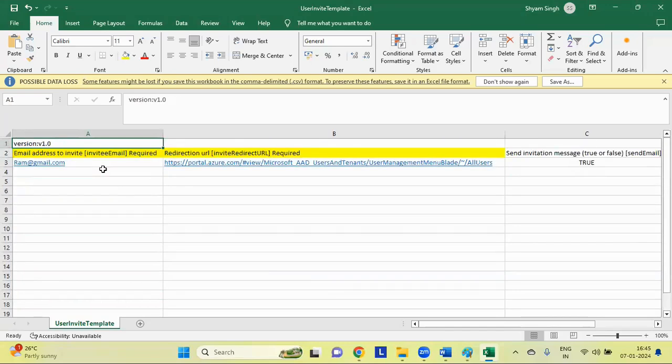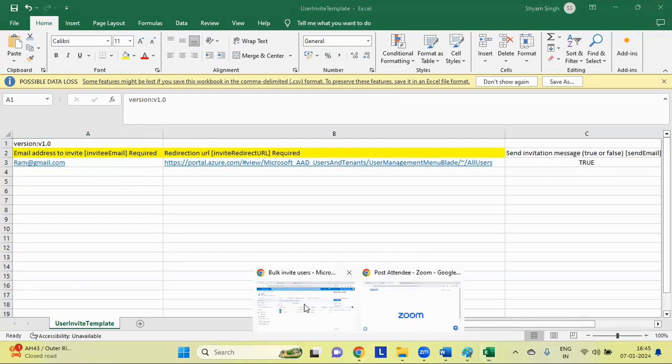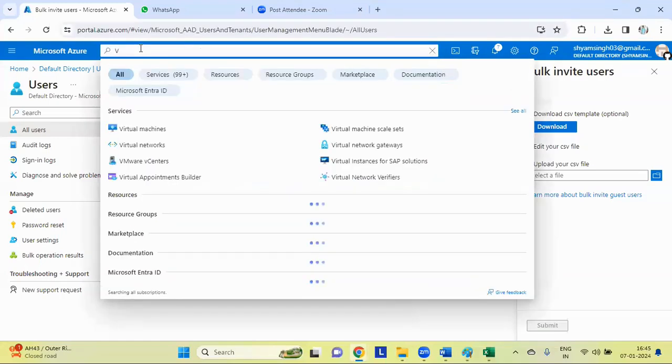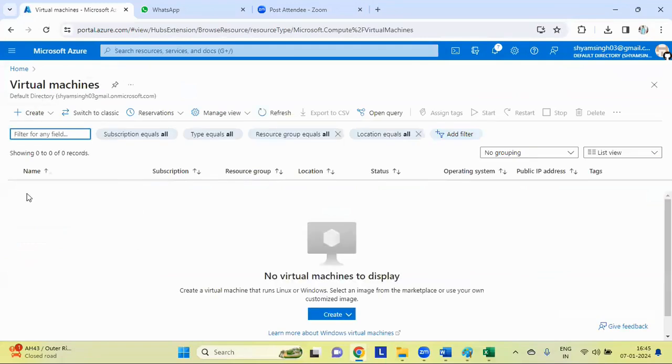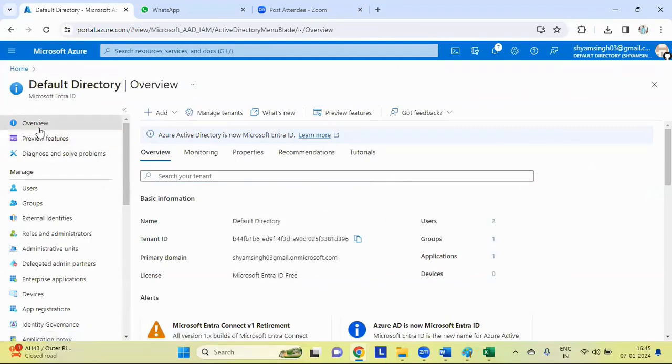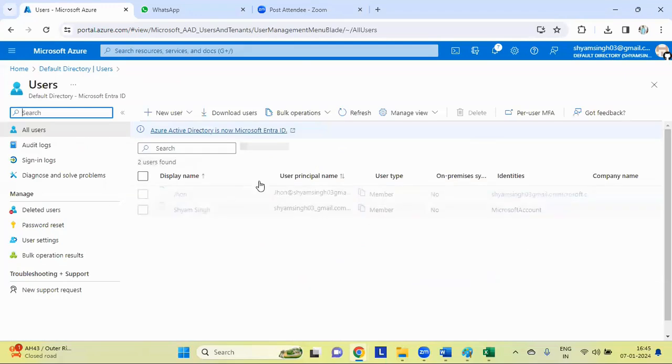Okay guys, in this way we are able to manage Azure Active Directory, to add and invite users. After adding the users, whatever service you are going to use, like a virtual machine, if you are going to give someone access to the virtual machine, first that user should be added into your directory, that is your default directory, and that user should be available here, like John and all. Clear guys? Anyone have any doubt?